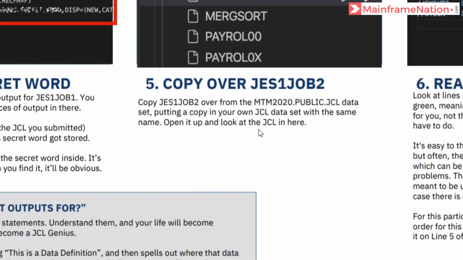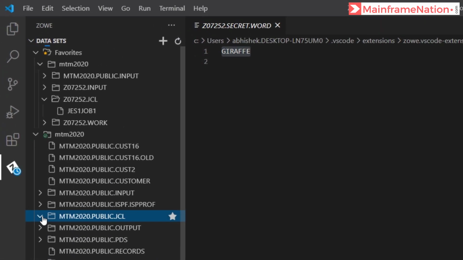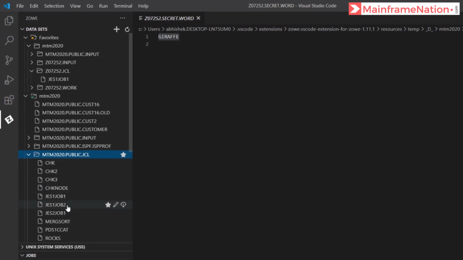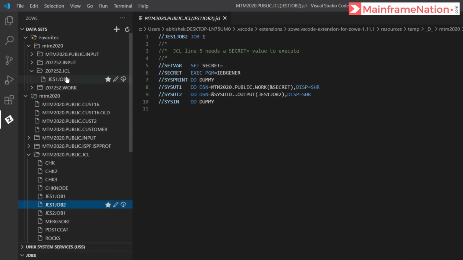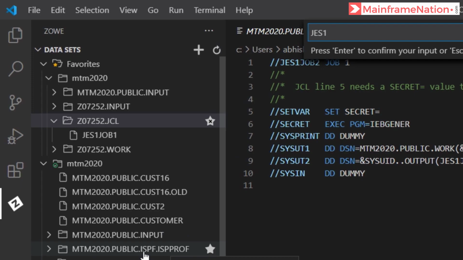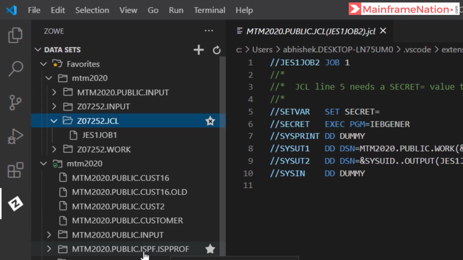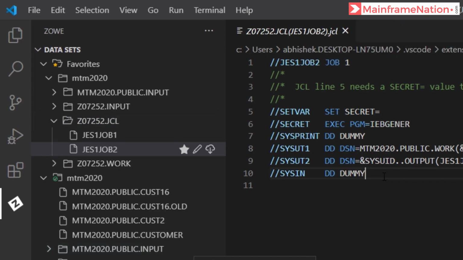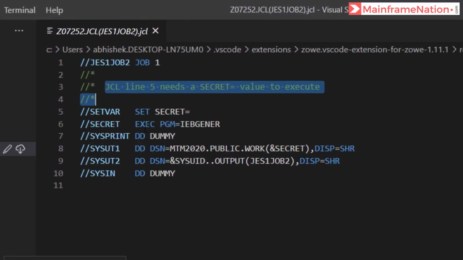Next we have to copy JES1 job 2. So go to public.jcl. Here we have JES1 job 2. Copy this and put it inside your own JCL PDS. This is JES1 job 2. So here it is showing a comment. Line 5 needs a secret value to execute.